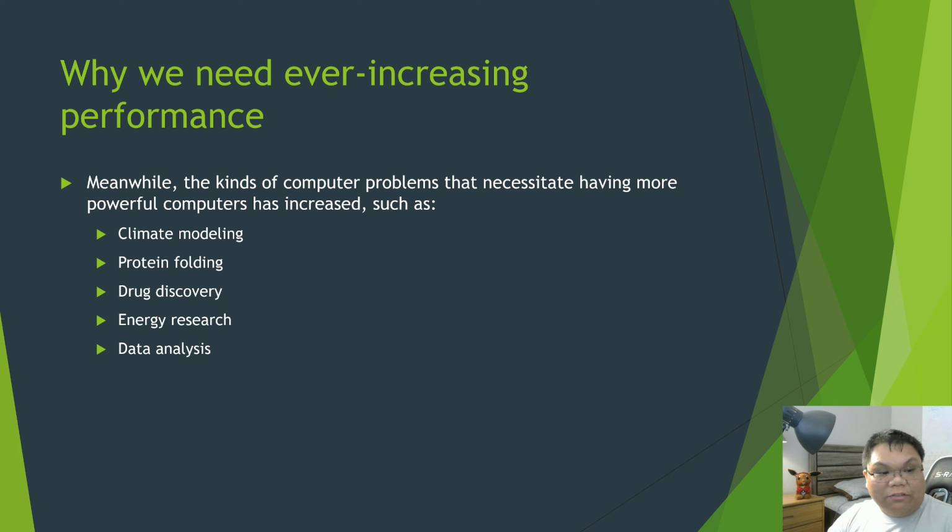Other applications include energy research and probably more relevant now, data analysis. I would probably add AI to that because to train a neural network, for example, and neural networks are only just a small part of AI, but roll with me here. A neural network is at the heart of it a lot of matrix multiplication. It's one of those operations that when you have really big matrices, you are going to want to parallelize it so that your calculations are done faster.